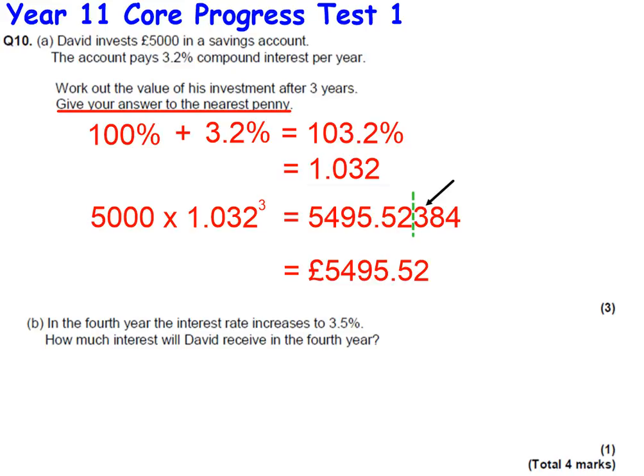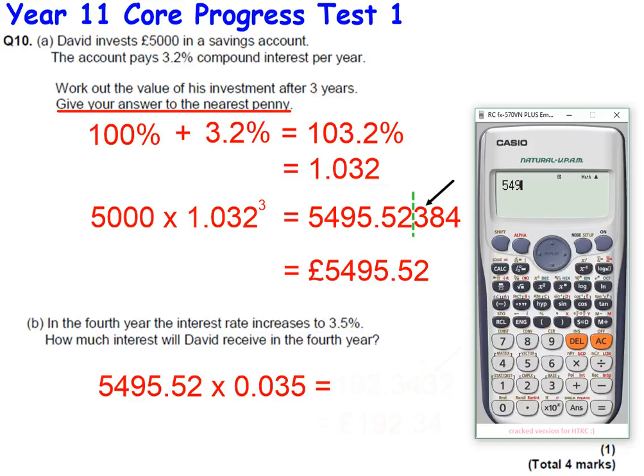Now the first thing you have to realise is that the end amount, the closing amount for the 3rd year, is the starting amount for the 4th year. So that's £5,495.52. We then multiply it by a multiplier, which in this case is 0.035, as the interest rate was 3.5%. And again, we'll need to put this calculation into the calculator to work out the amount. So that's 5,495.52 times 0.035. This equals, and we get